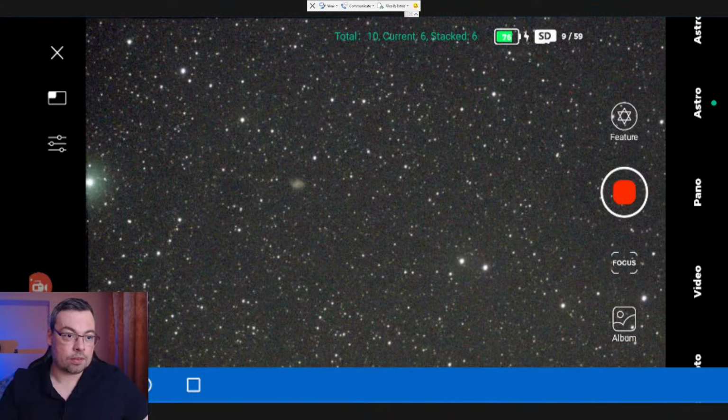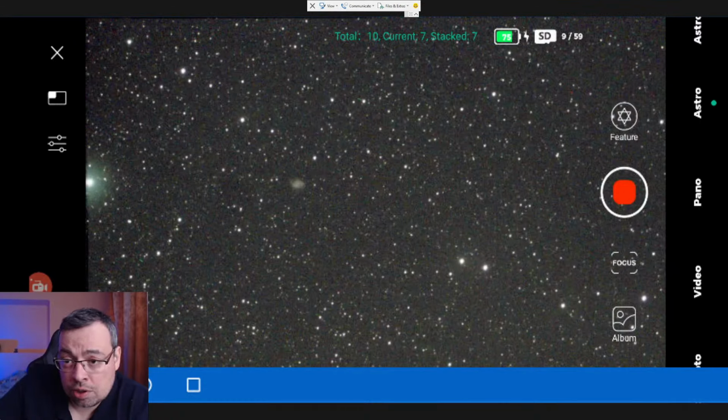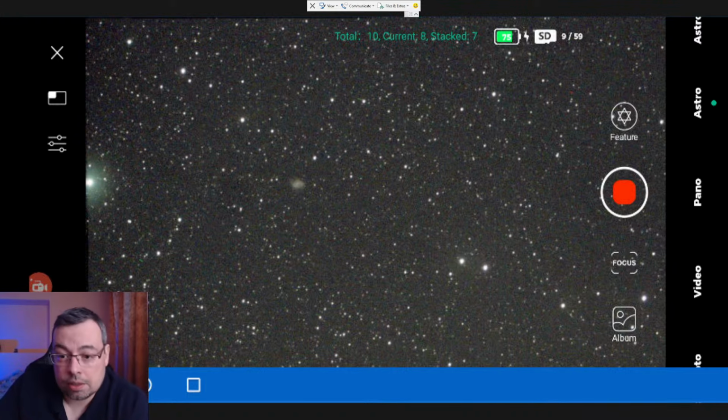And now I'll check other Messier objects. We have Messier 3, a globular cluster. So we will finish in about 1 minute with Messier 1, the Crab Nebula,